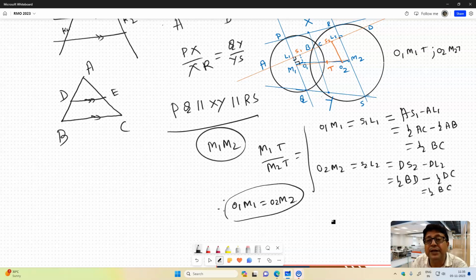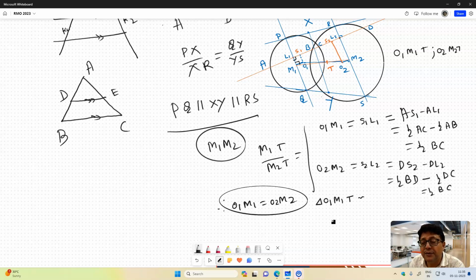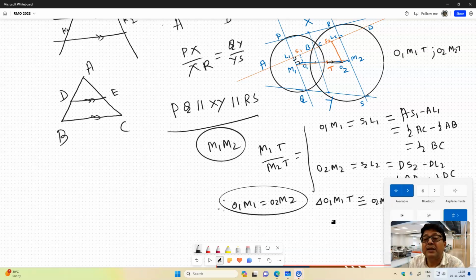Now, if we go by this triangle, in triangle O1M1T, this is congruent with O2M2T. Why are they congruent? Because you have just proved that O1M1 equals O2M2. Isn't it? This angle is vertically opposite, I mean this angle O2TM2 is equal to O1TM1. These two angles are equal. And another thing, M1M2 is the transversal. So if this is the transversal,